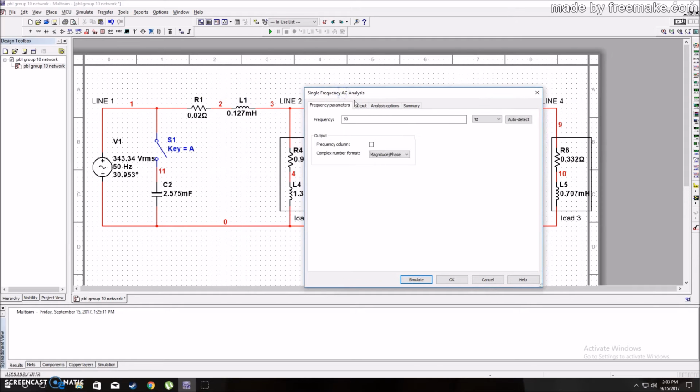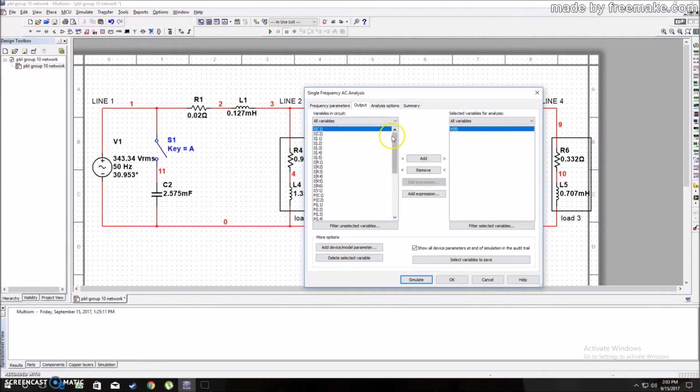The single frequency AC analysis could be used to measure the circuit voltage across the element and current of each connection, and we can simulate each of the values by selecting all the variables in here. Also, the single frequency AC analysis could be used to measure the power dissipated